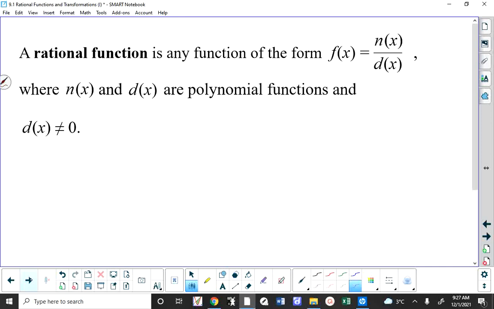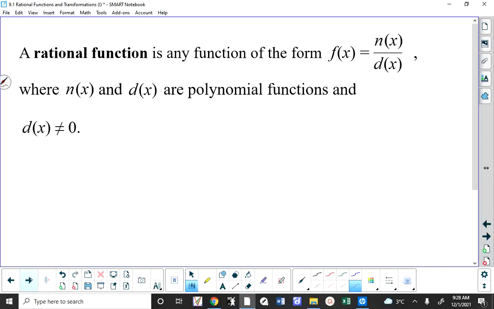A rational function is any function that is equal to the quotient of 2 functions. Okay? So I'm saying f of x is a rational function if it can be written as n of x over d of x. N stands for numerator, d stands for denominator. We don't have to use those letters, I'm just using them. So n of x and d of x are polynomial functions, but the denominator function cannot be 0 because you can't divide by 0. Now this is the textbook definition, not just in our textbook, but in any textbook, and